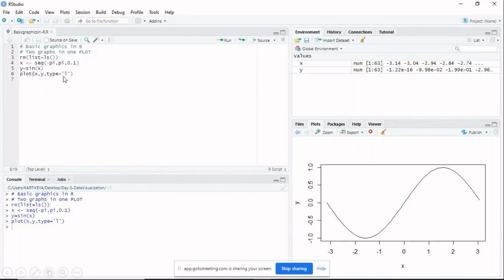Suppose if I change type to "p", it will plot only points. So type = "l" will decide what kind of graph you want to see, whether a line plot or a point plot, or whether you want to display a histogram type of plot. That can be given by using the type command. Okay, now if I want to display another graph onto this existing graph, how can you do that? For this plot I have given the color blue by using the color command. So I am zooming in.